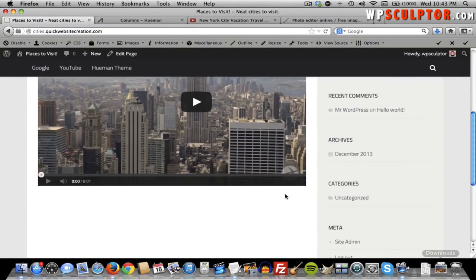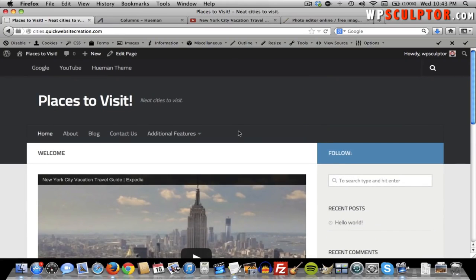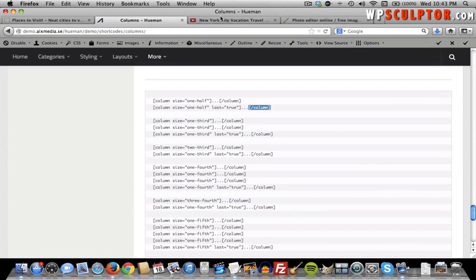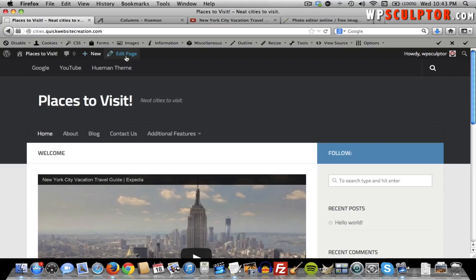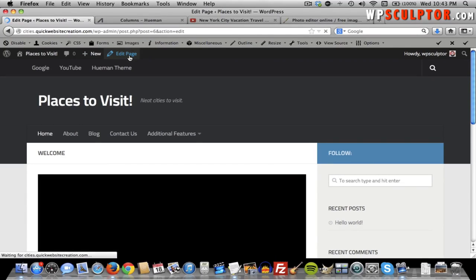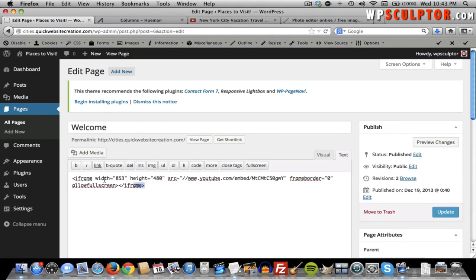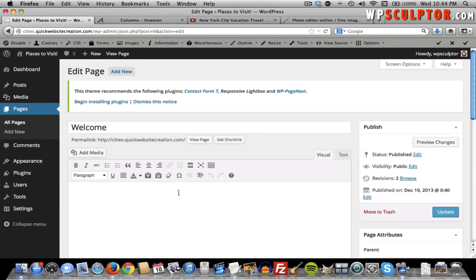But what we can do with the human theme, and this is just one of the many things that makes it wonderful, is the responsive nature of this theme is incredible. All we have to do is copy and paste the URL. Let's go back to our page editor for the home page. We're going to remove this and we're going to switch back over to the visual editor, and all we have to do is copy and paste that URL from YouTube that matches the video we want. Click on update,